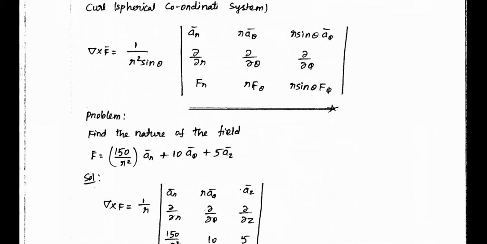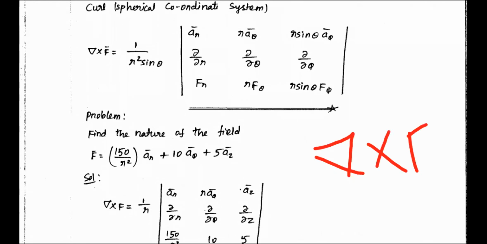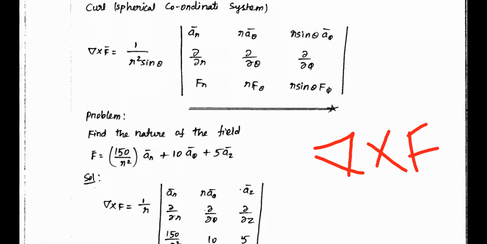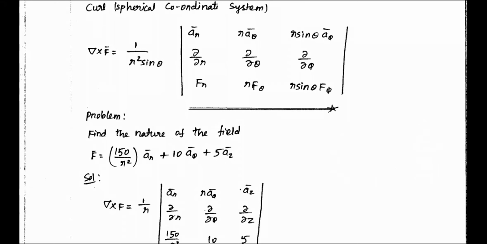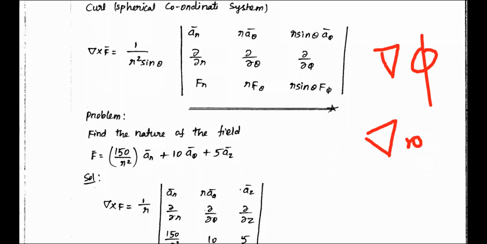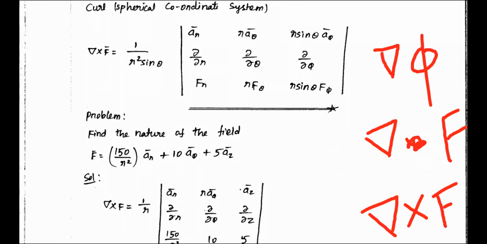So this is the way to calculate del cross F. What we have seen so far are three operations. One is the gradient: you take a scalar function and calculate the maximum change of the function in any direction, that is del phi. Then we calculated del dot of a vector, the divergence, the outward flow. Finally we have seen curl, which tells whether there is rotation or not, and if there is rotation, in which direction. These are all called vector operators, or del operator, or space operator.